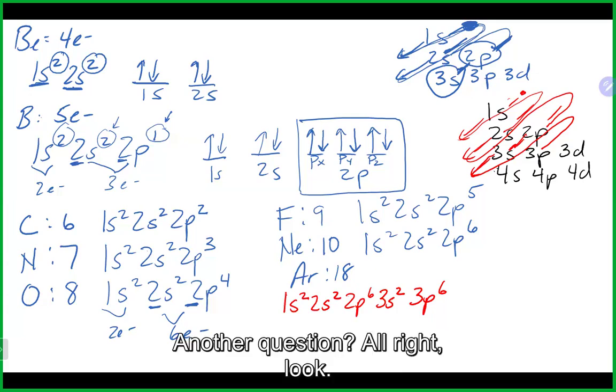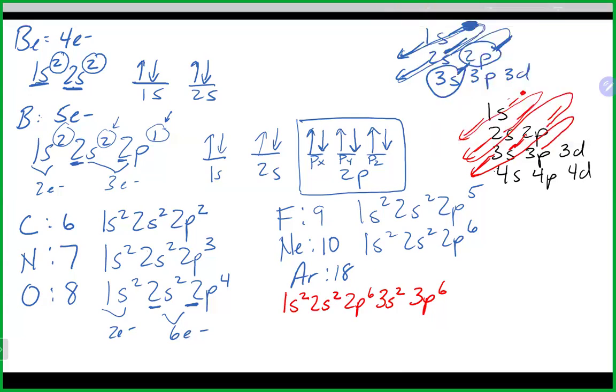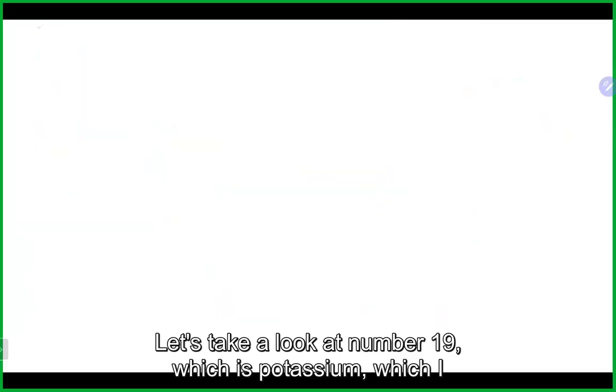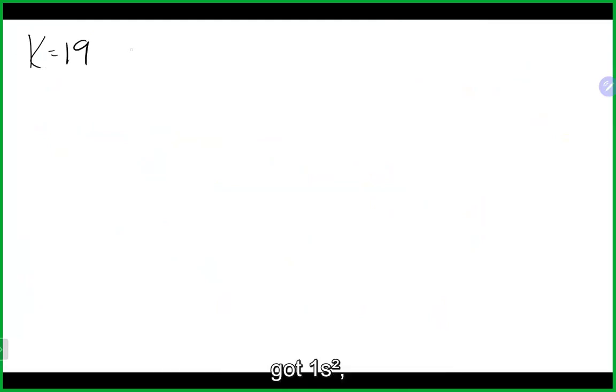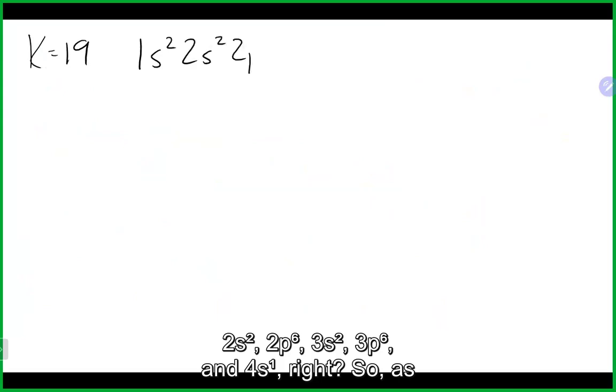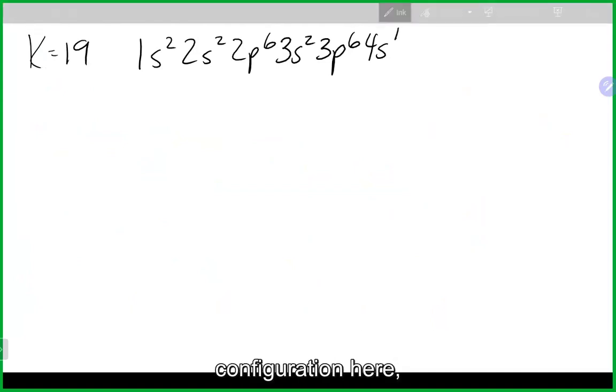Another question. All right. Let's take a look at number 19, which is potassium, which I think is what you got going on. So if we look at potassium, we got 1s2, 2s2, 2p6, 3s2, 3p6, and 4s1, right? So as we just saw a second ago, if we take this part of the configuration here,